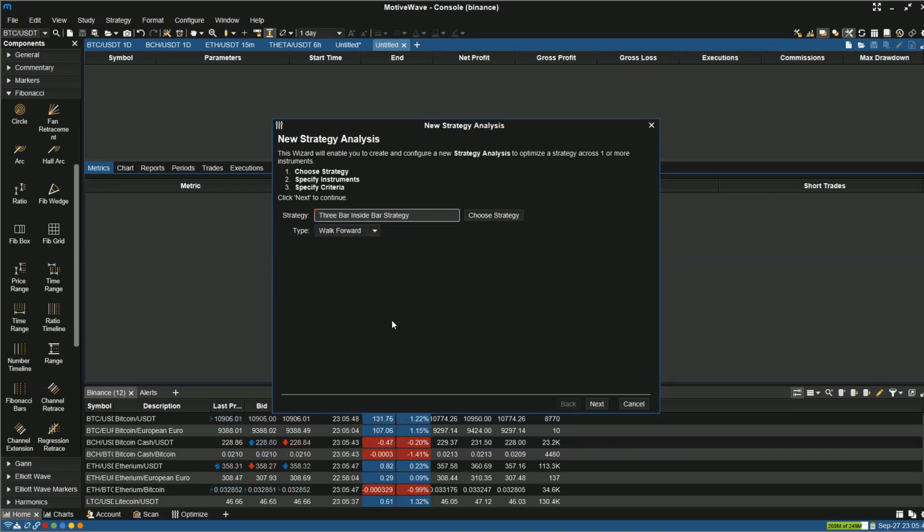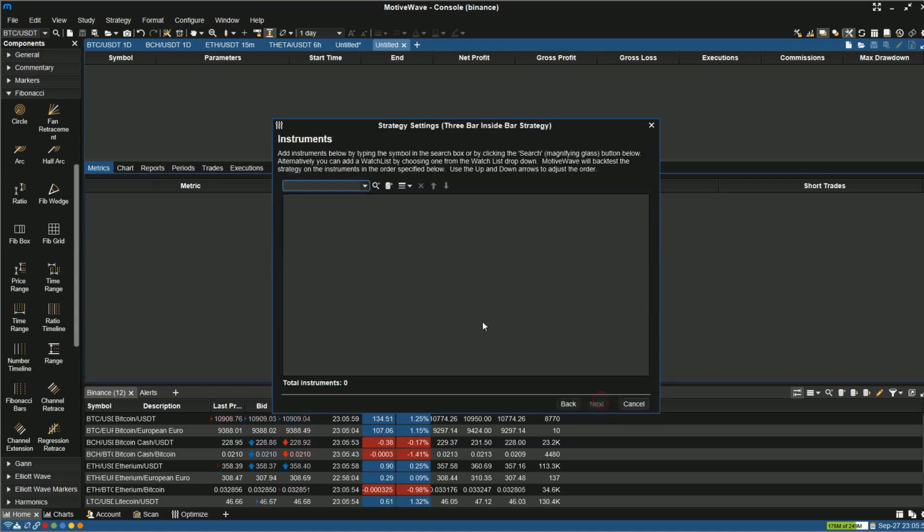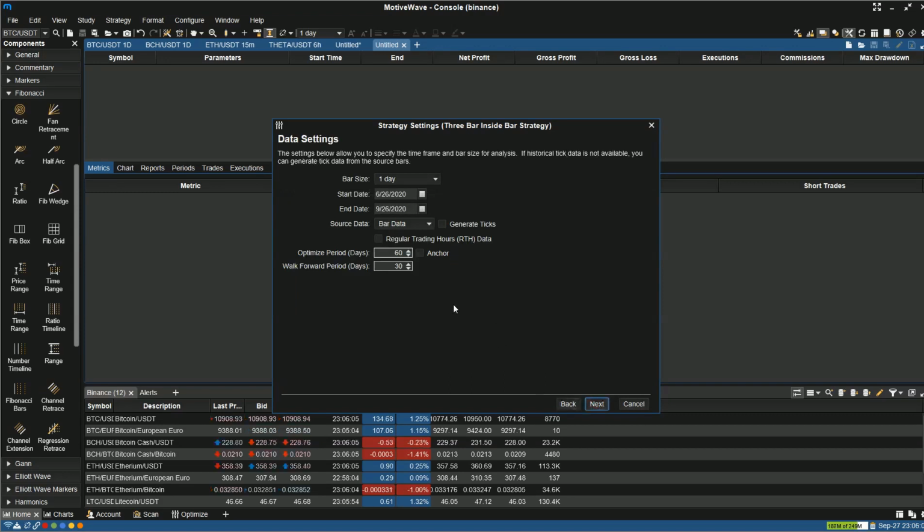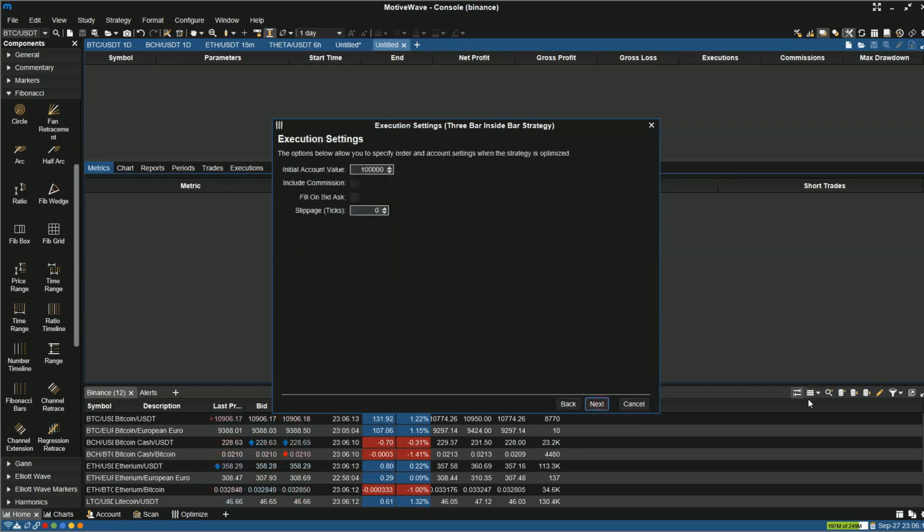So what I'm hoping to see, knowing that Ethereum Euro is their best performer moving forward, based upon that historical performance, I'm hoping to see what we can expect as a return. So again, we're going to do the same data set, Binance here, the 12 pairs, and we're using again the 3-month time set of data. Next, again, we're starting with 100,000, so we can see what we can expect on our